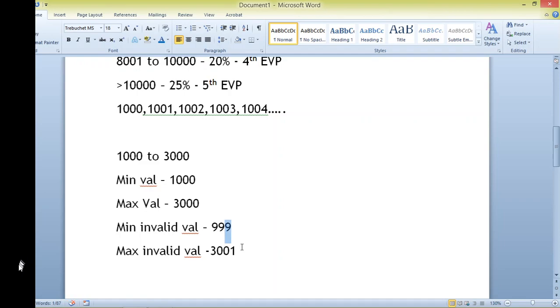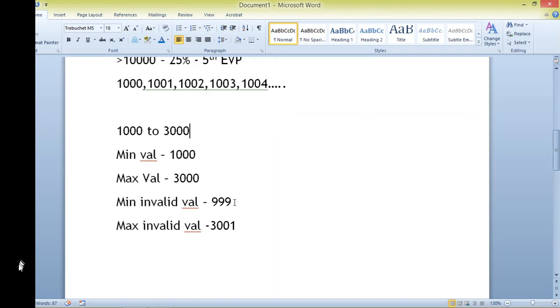So now you have chosen 4 values. These 4 values validate whether your 1000 to 3000 range, which has 2000 plus values, has been reduced to just 4 values. Once these 4 values are validated, you are pretty sure that between this range only 5% is given and this class has been validated.